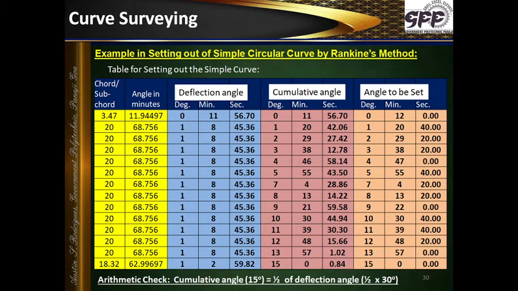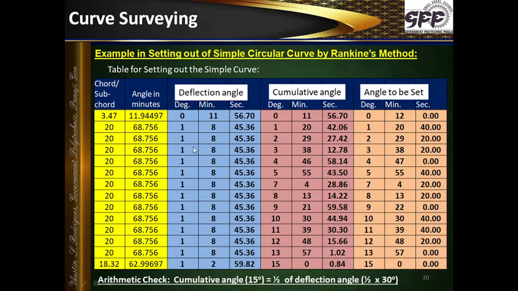So these are the individual angles which we have got. Now when we are setting out, we need cumulative angles, that is delta 1, then delta 1 plus delta 2, then delta 1 plus delta 2 plus delta 3, then delta 1 plus delta 2 plus delta 3 plus delta 4, and so on. The first one appears as it is, the second one is the first plus the second, which gives 1 degree 20 minutes 42.06 seconds. The next one is the sum of three, so we add the next one and get 2 degrees 29 minutes 27.42 seconds.